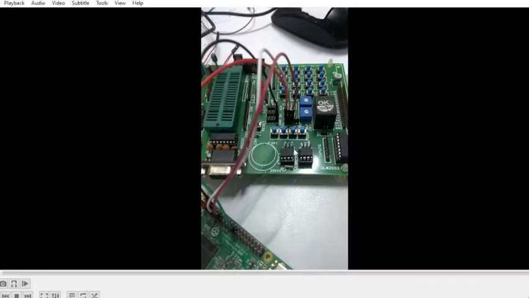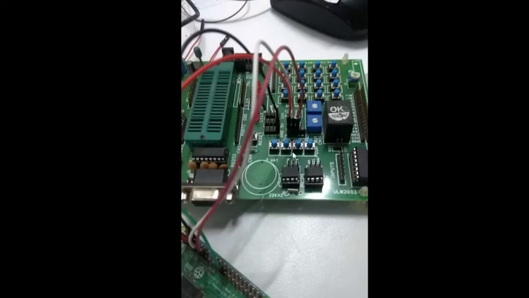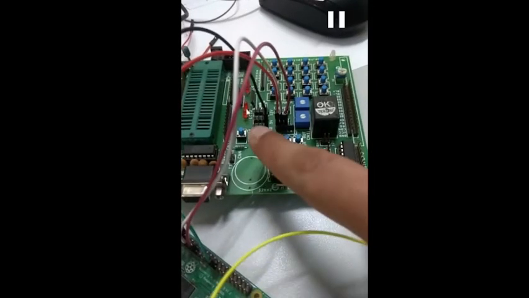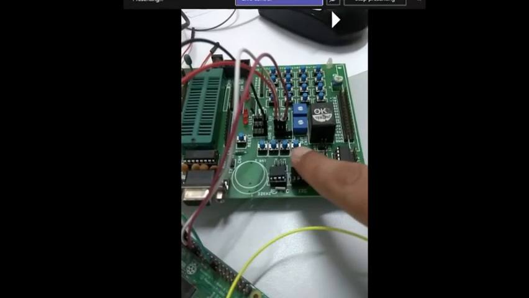So here you can see one interface board is there. On this board we have 4 push button switches, and I have connected these switches with the Raspberry Pi using these connectors. So basically here you can see 4 switches are there, and one end is connected with this connector on this board, and one end with the Raspberry Pi board with a specific GPIO pin.